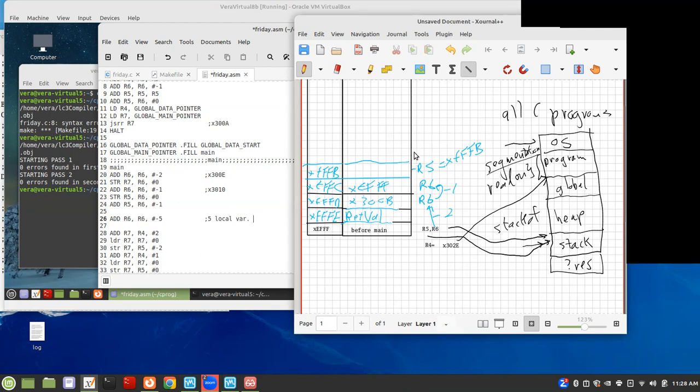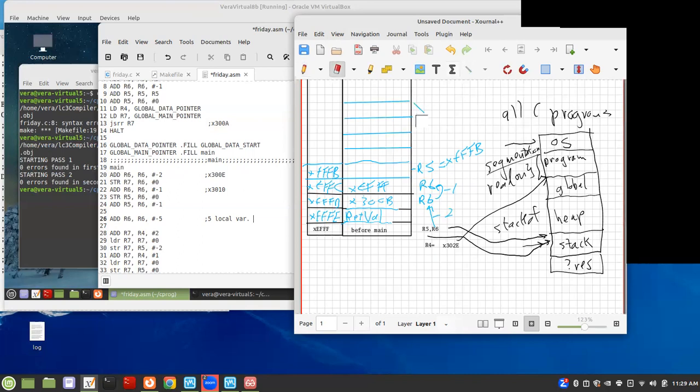Let me draw some lines in here. I have 1, 2, 3, 4, 5. So R6 is here, so it goes up 1, 2, 3, 4, 5. So our final R6 up here